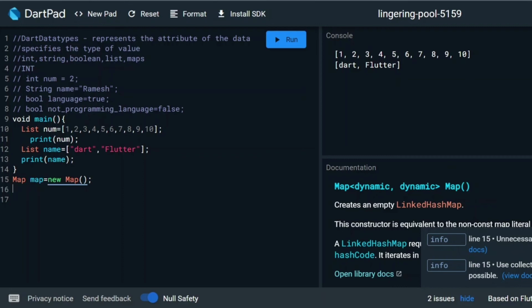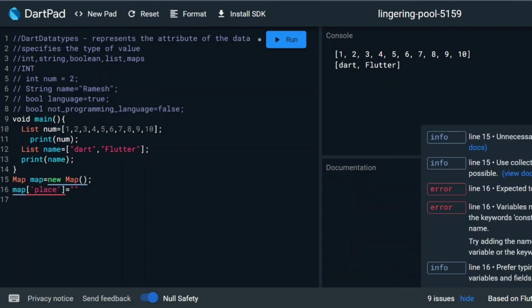Now we are going to see the syntax for how to create the key values. Let us give it as map of place. I will give it as Telangana.